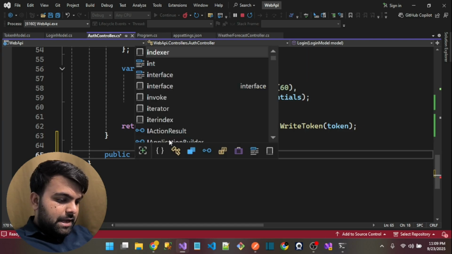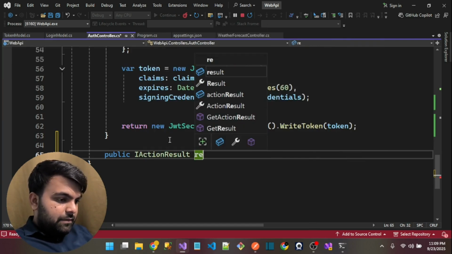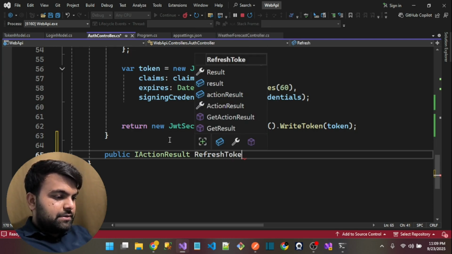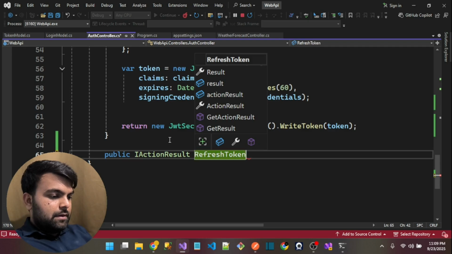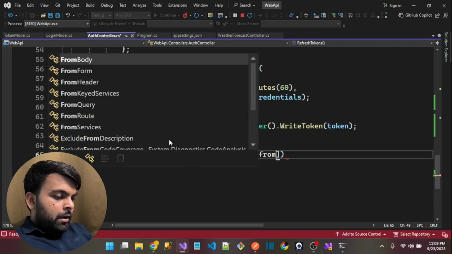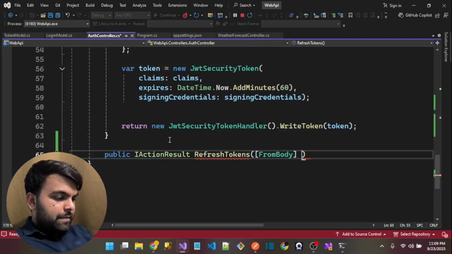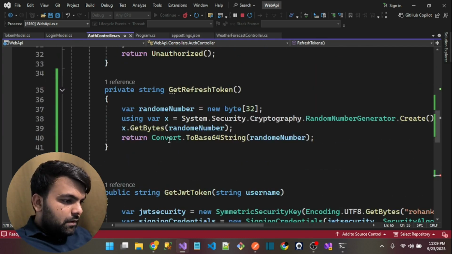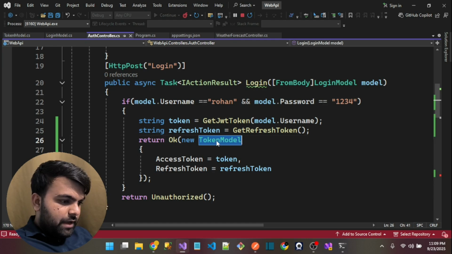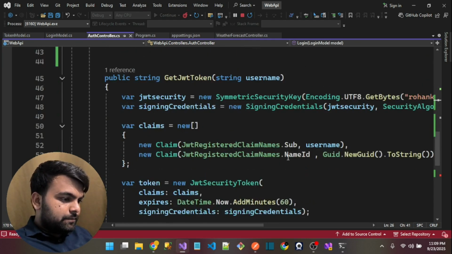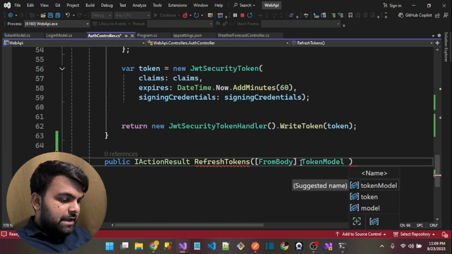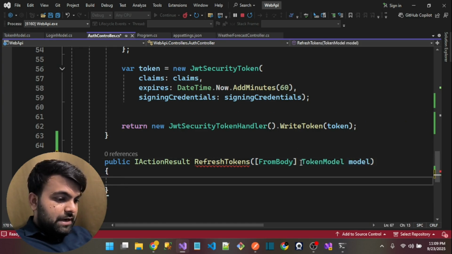So public IActionResult, and after this I'll put RefreshToken. Okay, like this. And after this I will make some model, and I will use this model again. So you will definitely love this thing. Okay, so what I will do here,